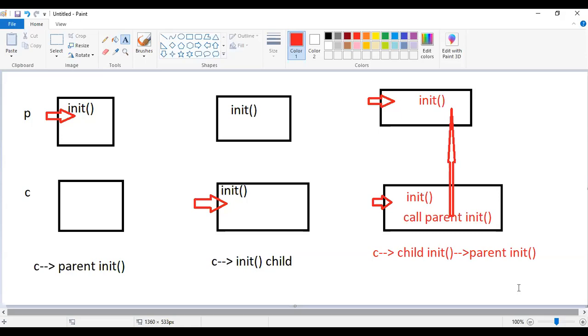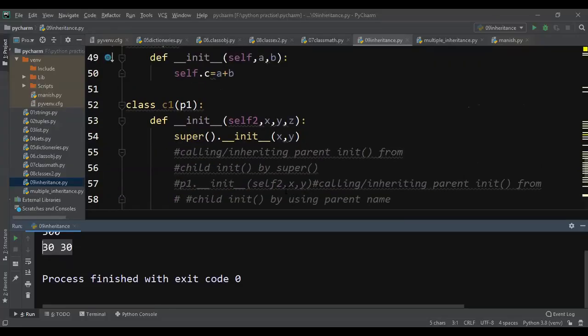Gupta is asking, if I do not use A plus B, what happens? Whatever functionality you want, you can use. Here, for getting some output, for printing something, I have added two numbers. That's all. You can write print A, print B also. Whatever you want, you can write. That is up to you. Any doubts?